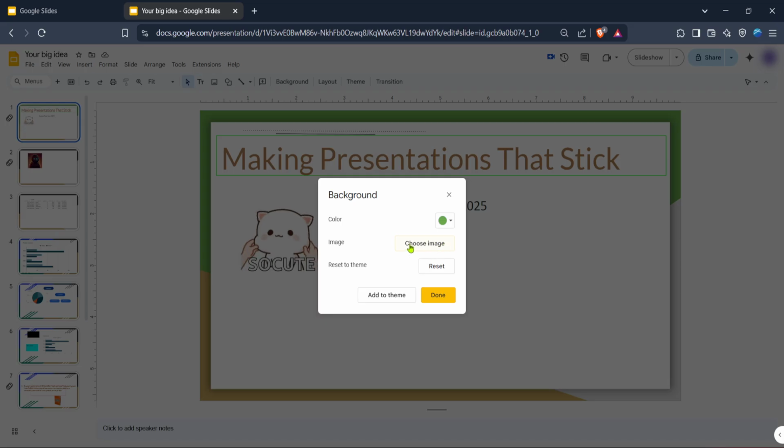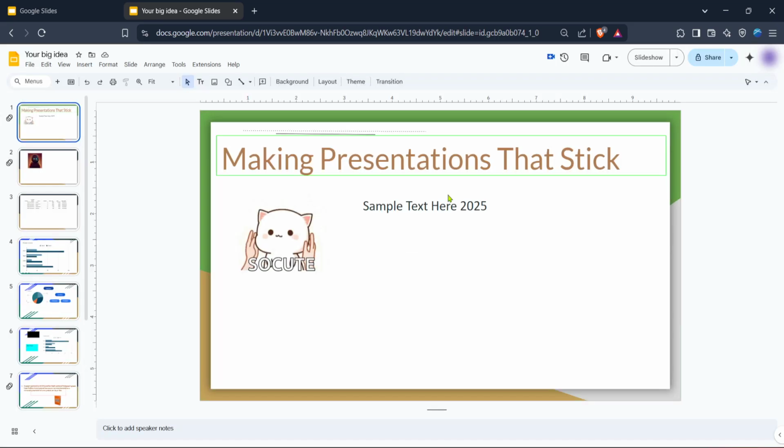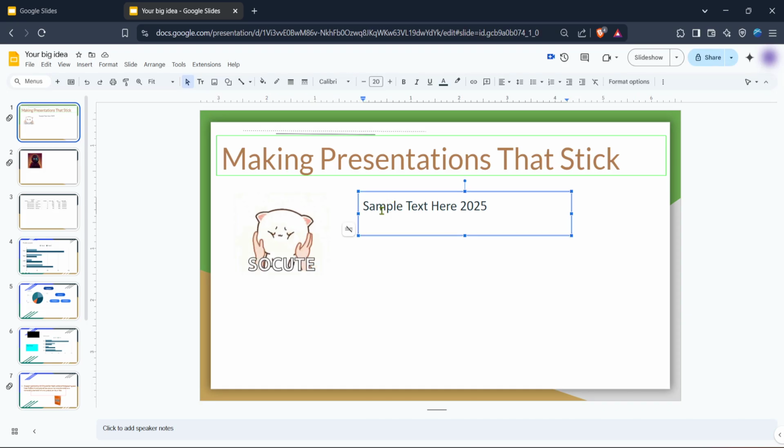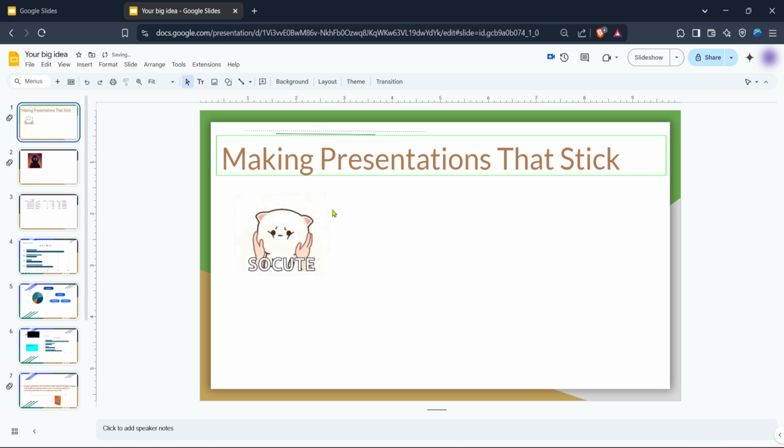Take a moment to find the image that perfectly captures the theme or mood you're going for. This is where you get to be creative and really make your presentation unique. After selecting your image, you can see the preview on your slide. It may take a few tries to find just the right image, so don't hesitate to experiment. Remember, the goal is to enhance your content without overpowering it, so choose an image that complements your text and overall message. If your first choice doesn't quite hit the mark, you can simply repeat this step and choose another